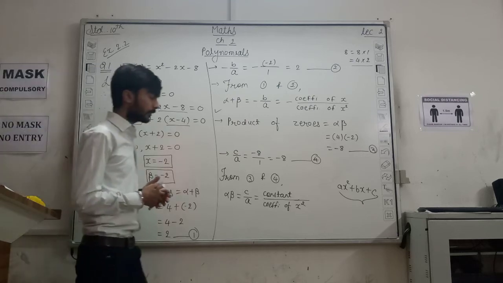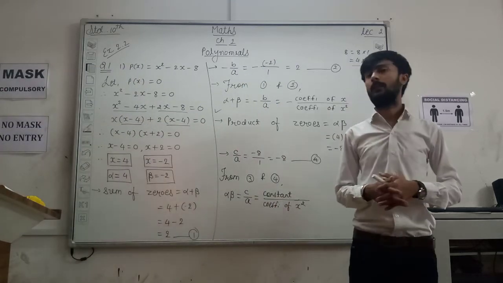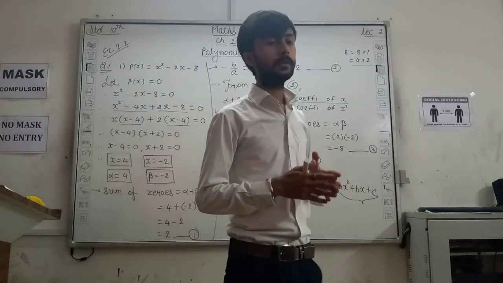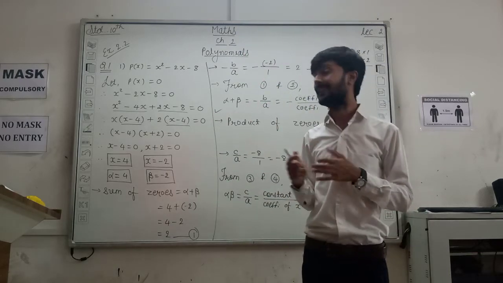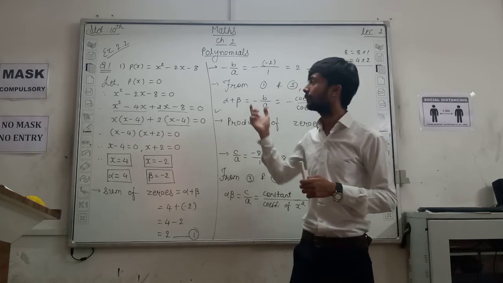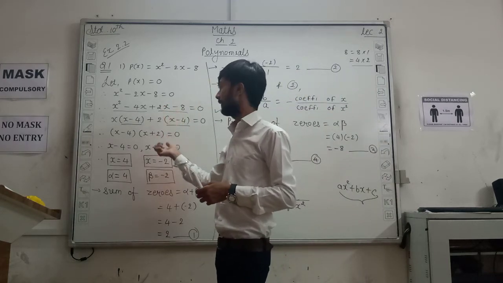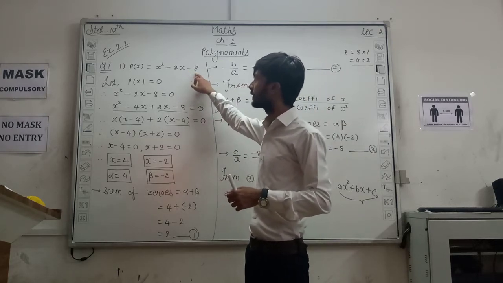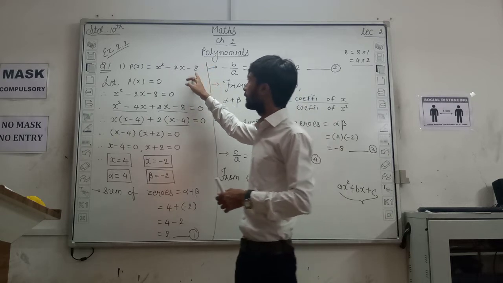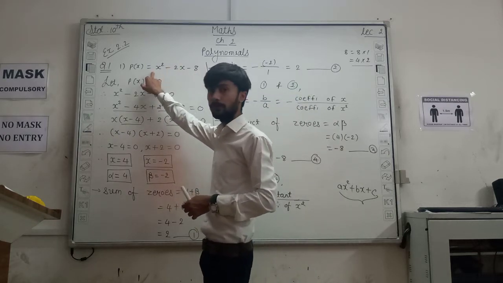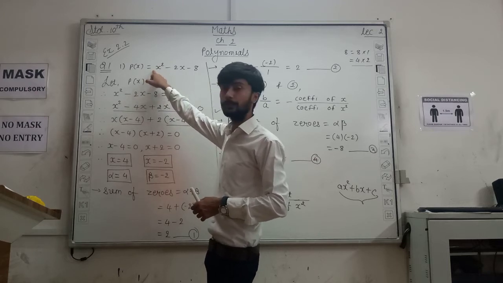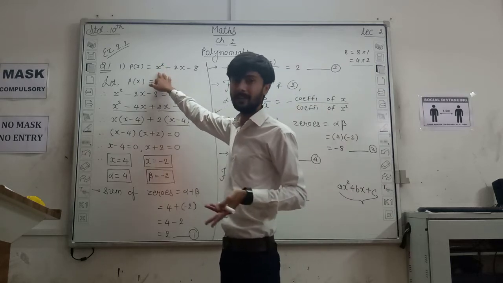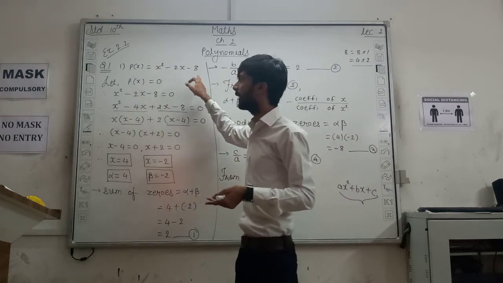Once again, I repeat. First, you have any polynomial x square minus 2x minus 8. If it is a perfect square or any identity, we directly apply that identity, factorize and find its zeros. But if it isn't, then we factorize the constant term. Also, we have to multiply this number by the coefficient of x square. If there is another variable, suppose b square or y square, then the coefficient of y square is multiplied by 8.